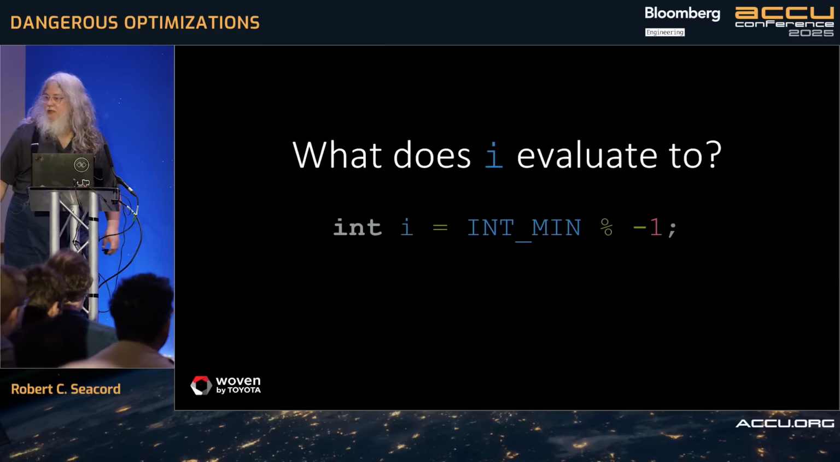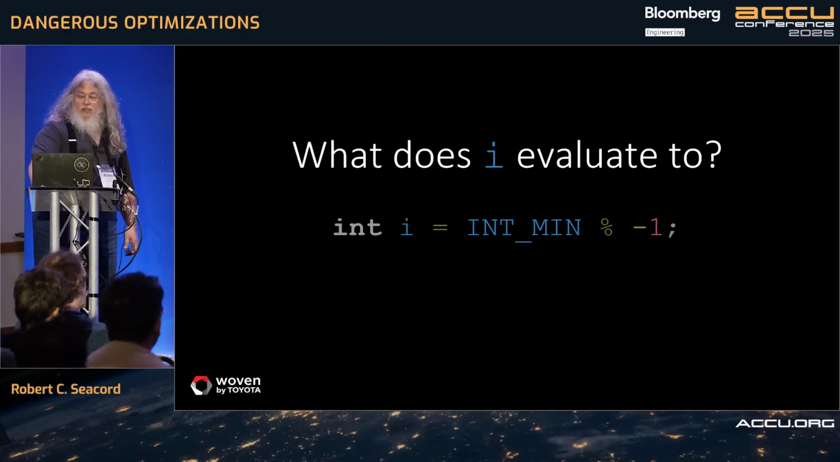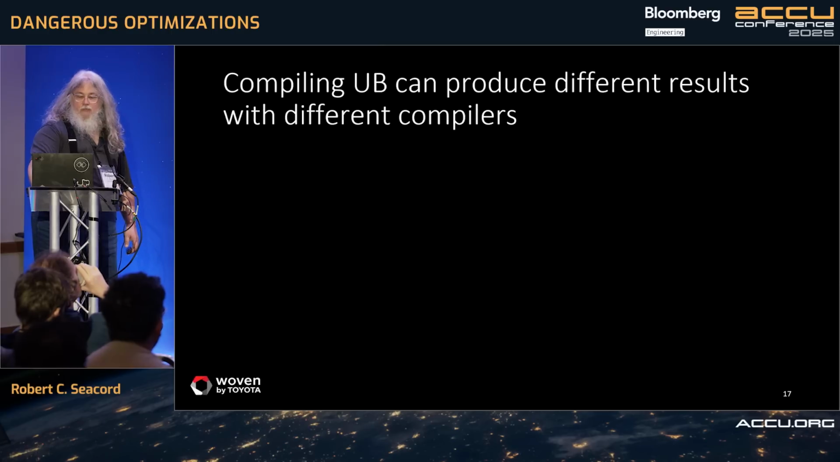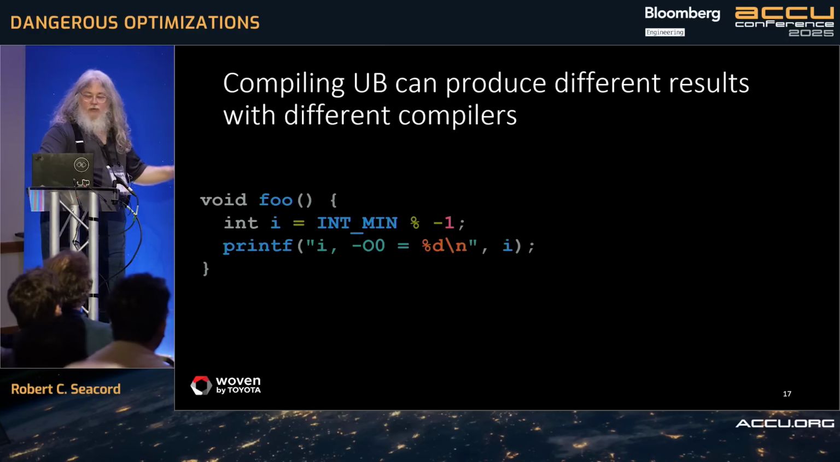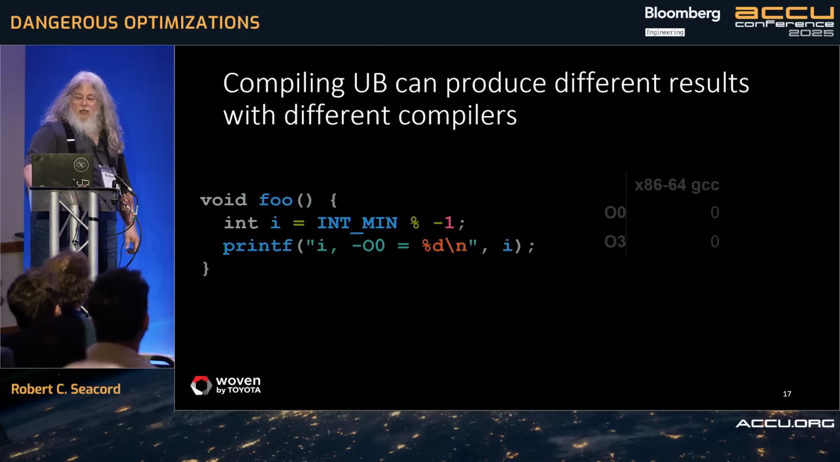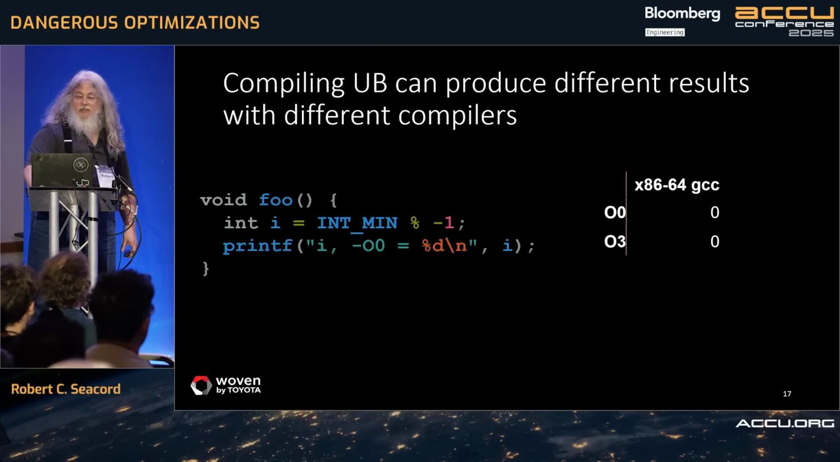So here's an example I keep mentioning. We have int min remainder -1. And the question is, what does that evaluate to? This again was originally in C implicit undefined behavior. Then we eventually made it explicit undefined behavior. So you can get different results with different compilers. Here we've got the same code again. If we compile this with x86-64 GCC, at O0, we get the result of 0, and at O3, we get the result of 0. So what's happening there is